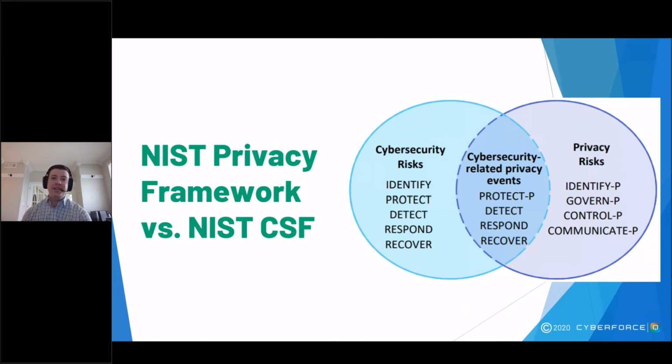Then we have that second option, and here, your organization would rely on the entirety of the cybersecurity framework, along with the less redundant controls from the privacy framework. And specifically, these would be the privacy identify, govern, control, and then communicate functions. The part that was left out, the privacy protect controls, would simply be addressed universally for both security and privacy within the context of the cybersecurity framework's controls. With all that said, I don't really think that there's a right or wrong approach here, and the main takeaway is that you have options if you want to incorporate even some parts of the privacy framework into your CSF-oriented security program.